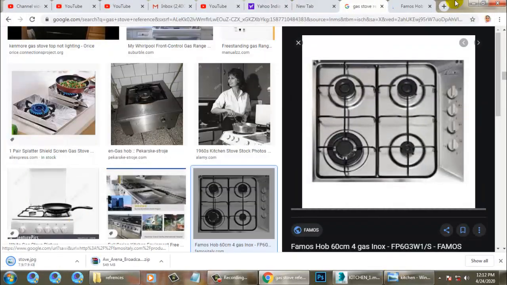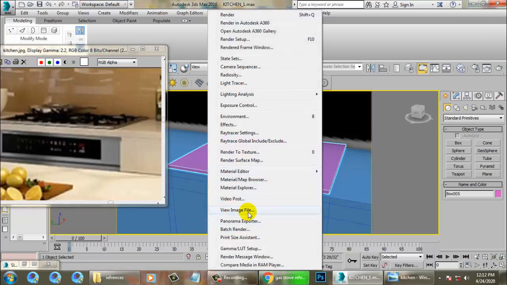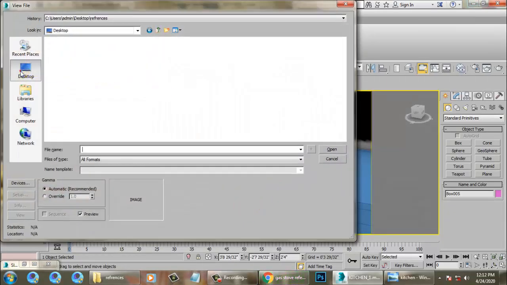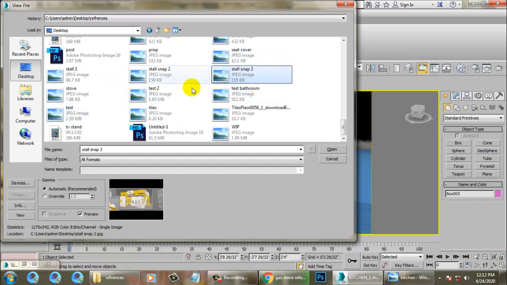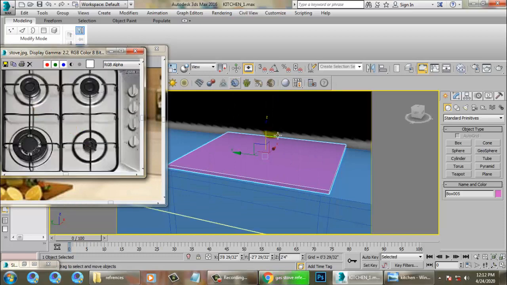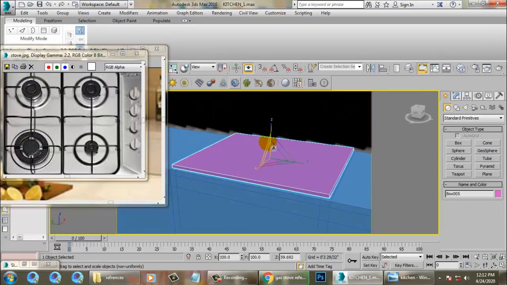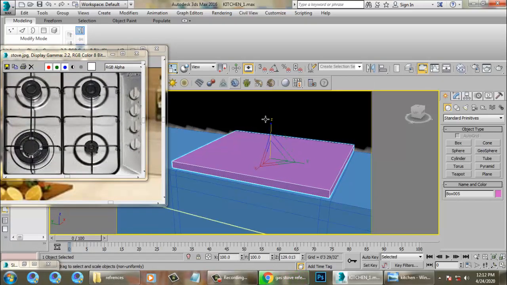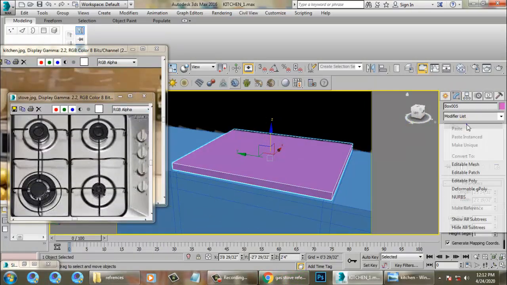Select all these lights again and make one more copy of it. Push this light up and let's rotate a bit with the target. Just push this down. So let's see how it looks.